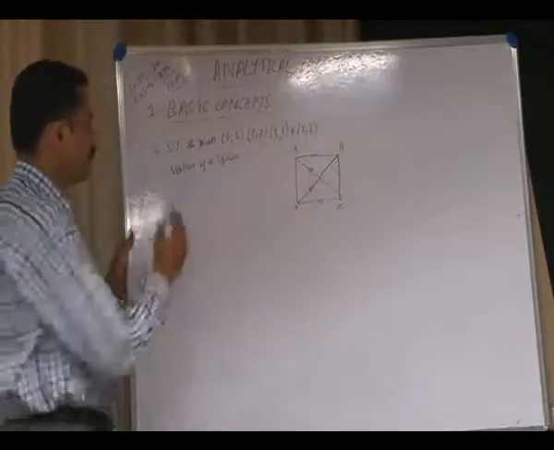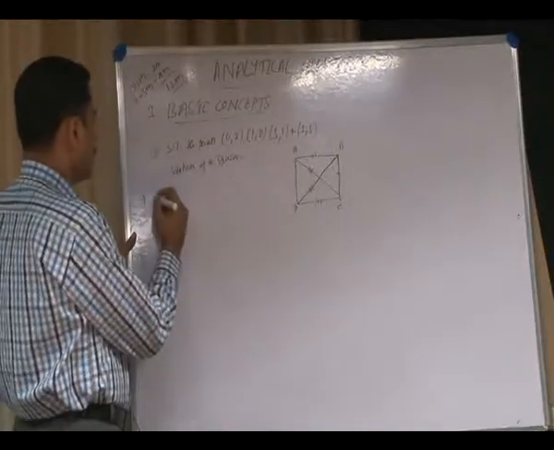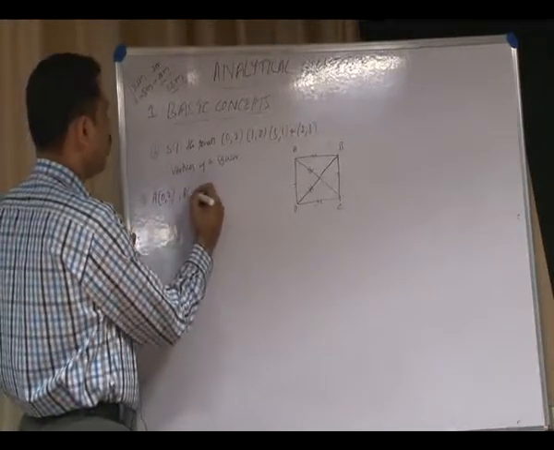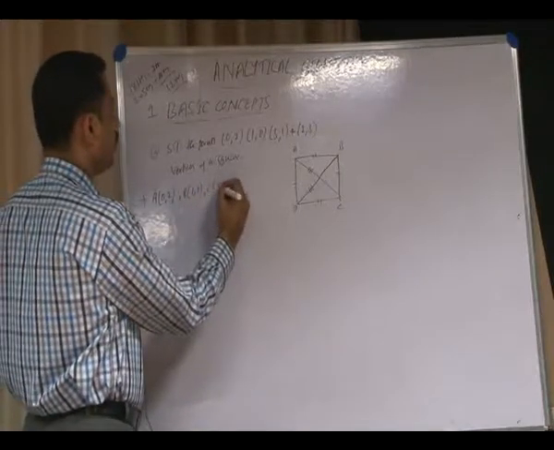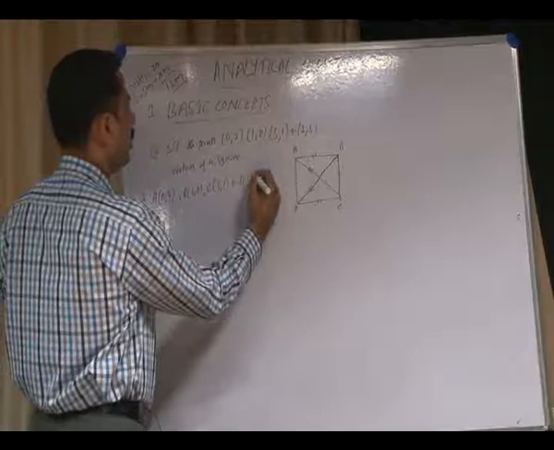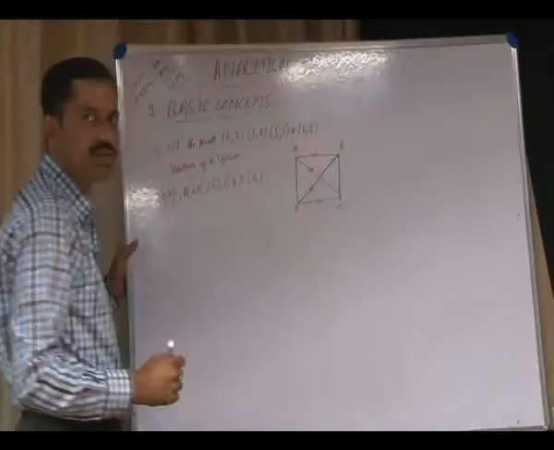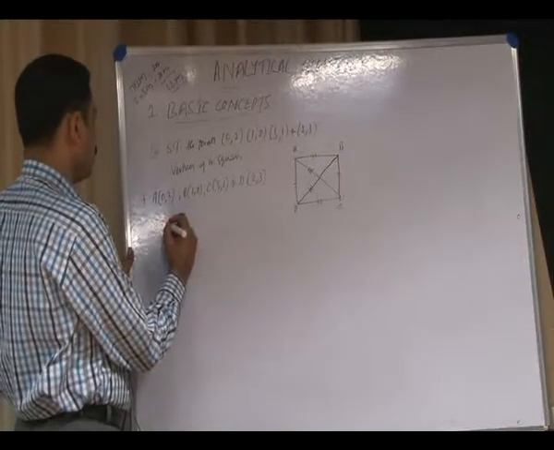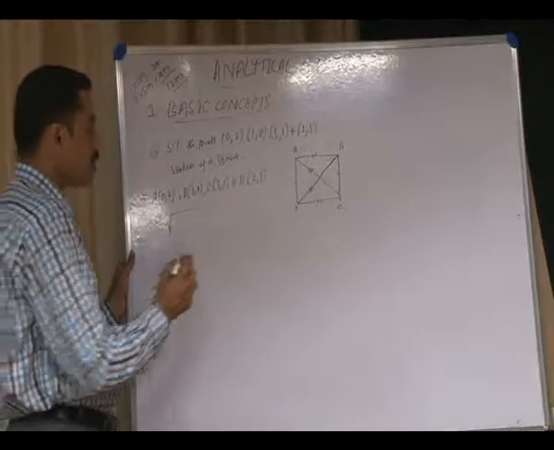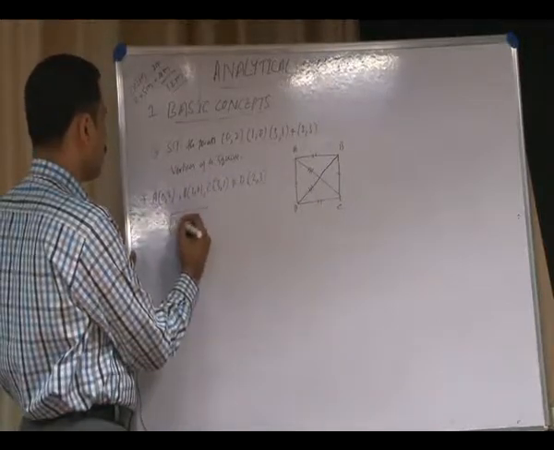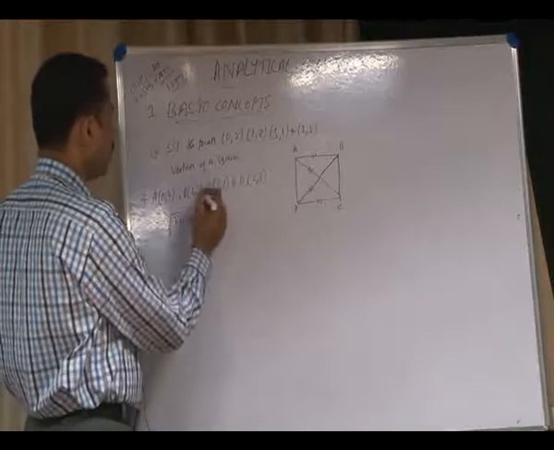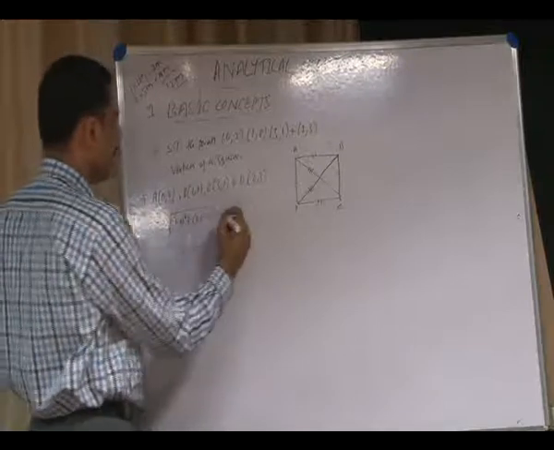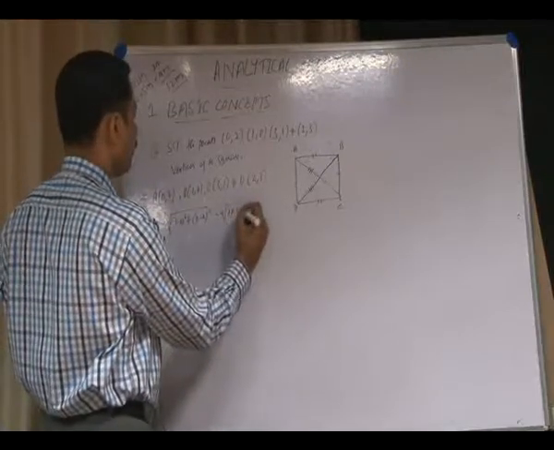So, for that I will consider the given points as A, B, C, D. Let A (0, 2), B (1, 0), C (3, 1) and D (2, 3) be the given points. Then distance AB, by using the distance formula, is the square root of (x2 minus x1) whole square, (1 minus 0) whole square, plus (y2 minus y1), (0 minus 2) whole square. That we will get as the square root of 1 square is 1, plus minus 2 square is 4,